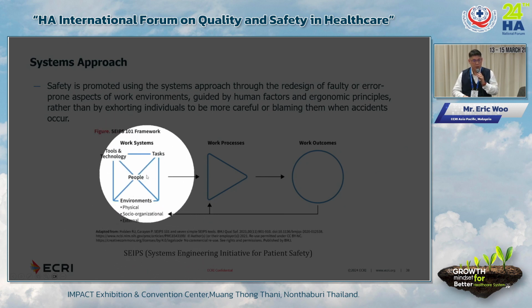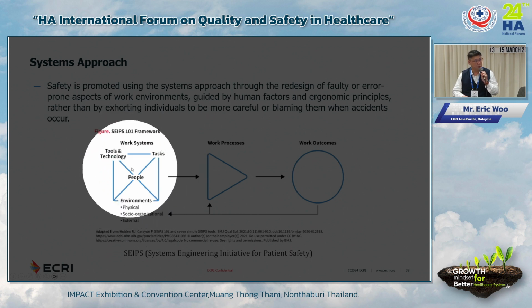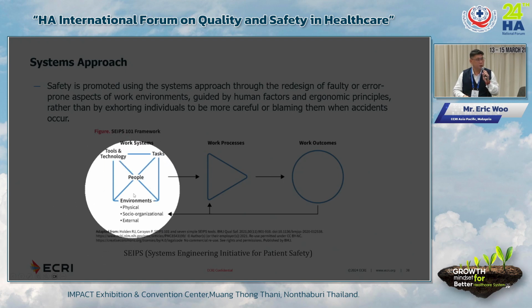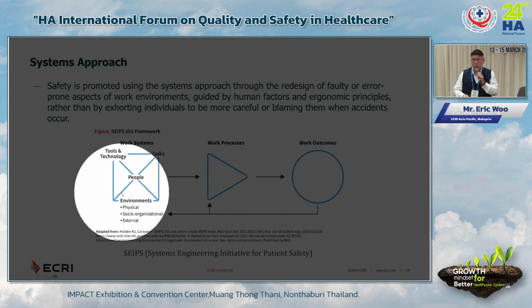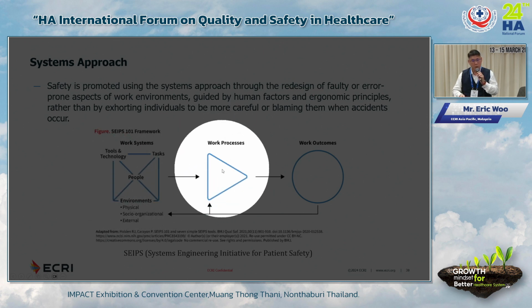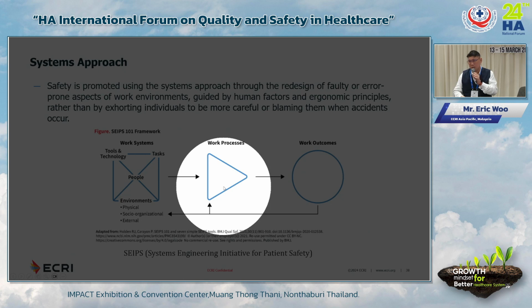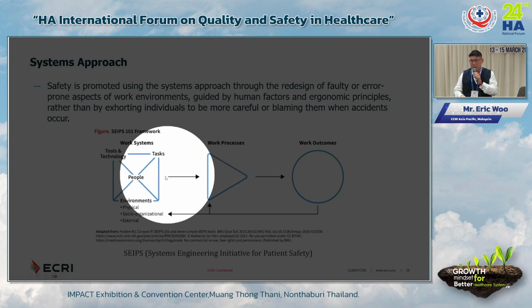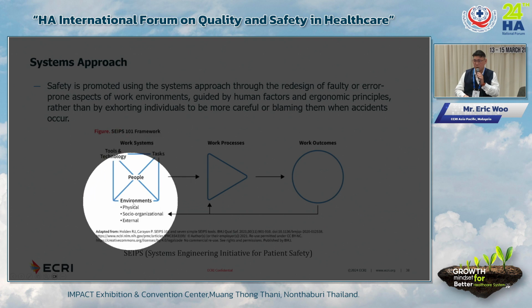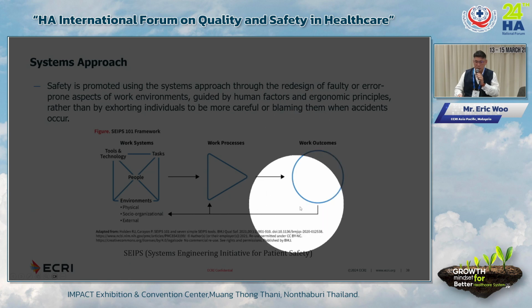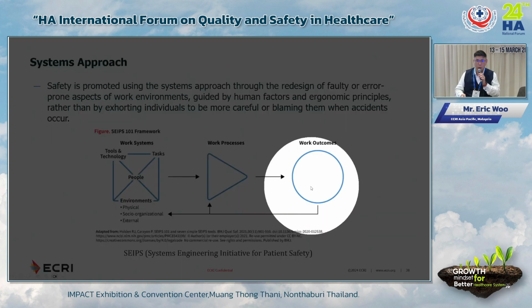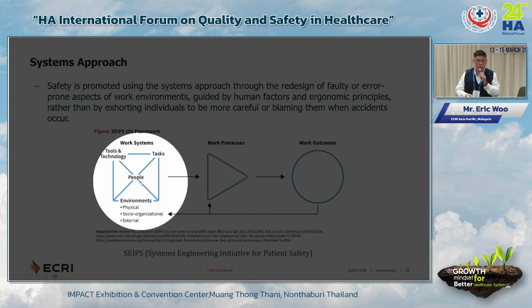We have talked about the work system earlier. We talked everything about this side earlier, correct? We have considered the human when we design everything here earlier in the total system approach. Now you have considered the human, we want to make sure that the work process is exactly what it can do based on all this consideration, and then you have to monitor the outcome. This outcome will not be achieved if your work process is not doing exactly this.